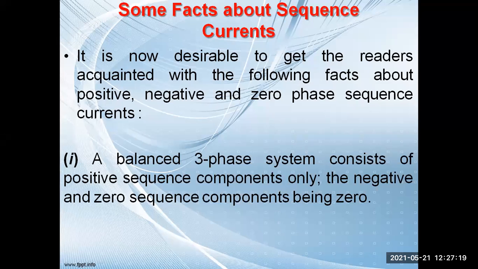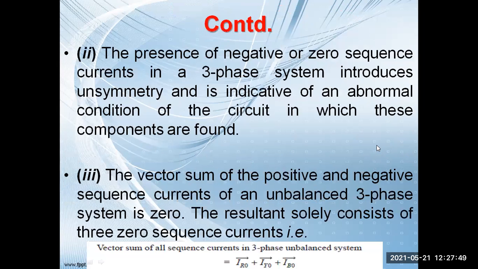So you have to understand one point that is very, very important here. Balanced current means symmetrical fault analysis. Symmetrical fault analysis only deals with the positive sequence component of current. Whereas the unbalanced, that is the unsymmetrical fault analysis, deals with the three sequence components of current, that is the positive, negative, and zero sequence components of current and voltages also.